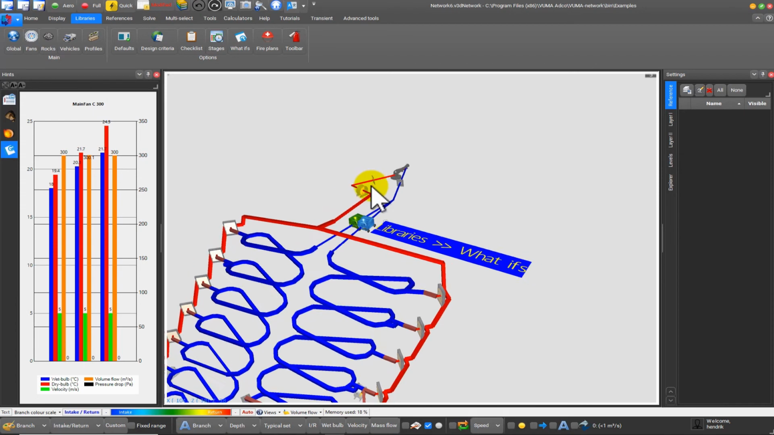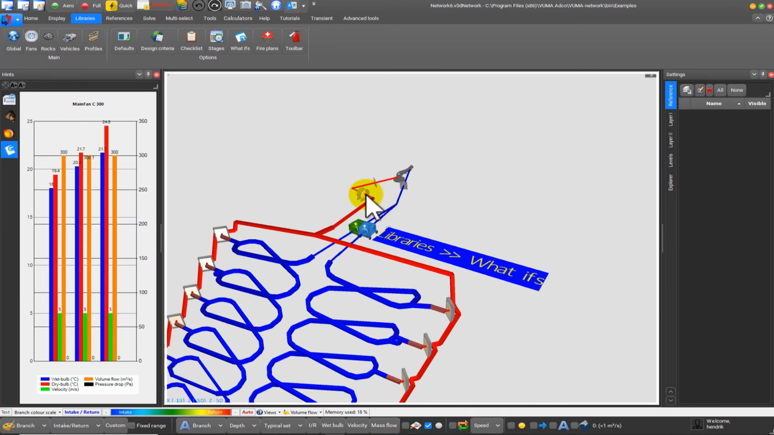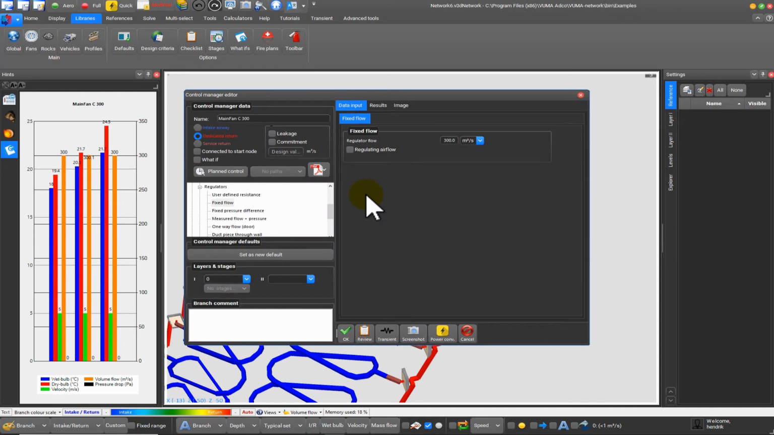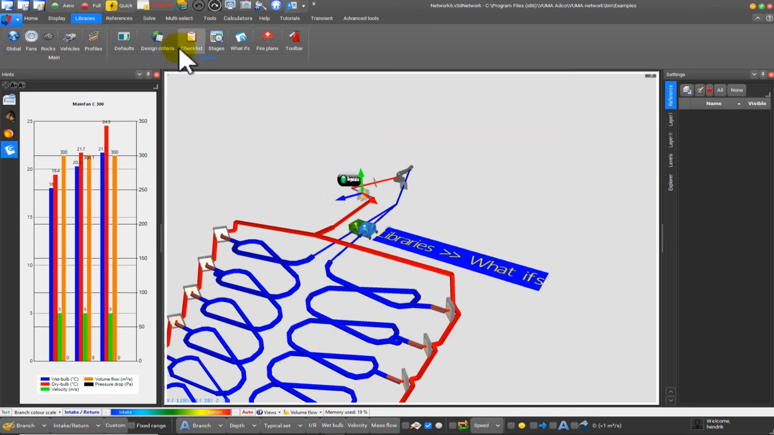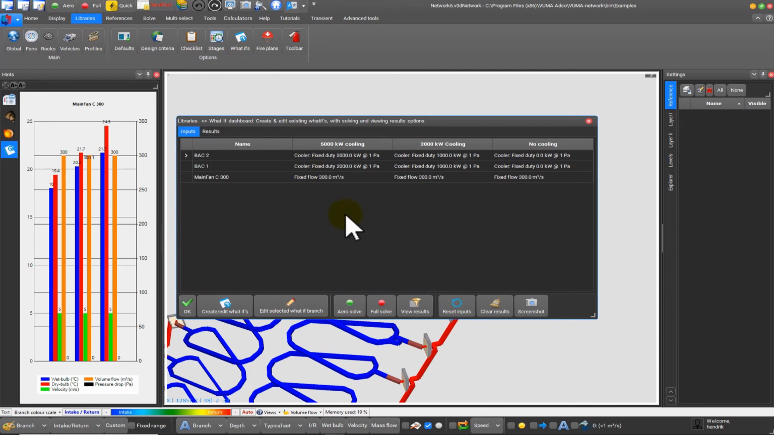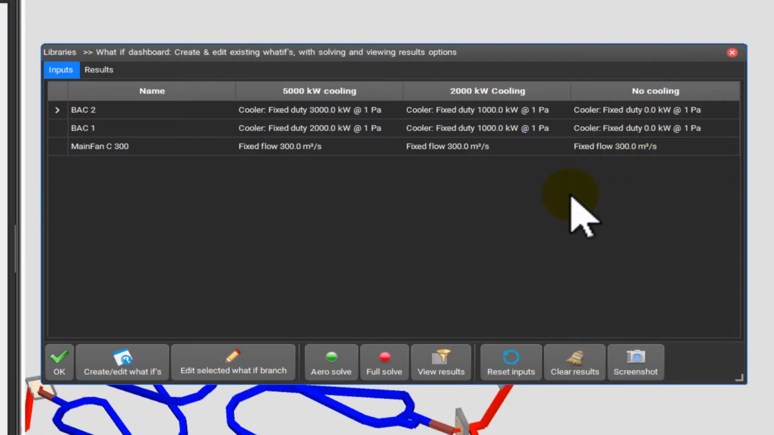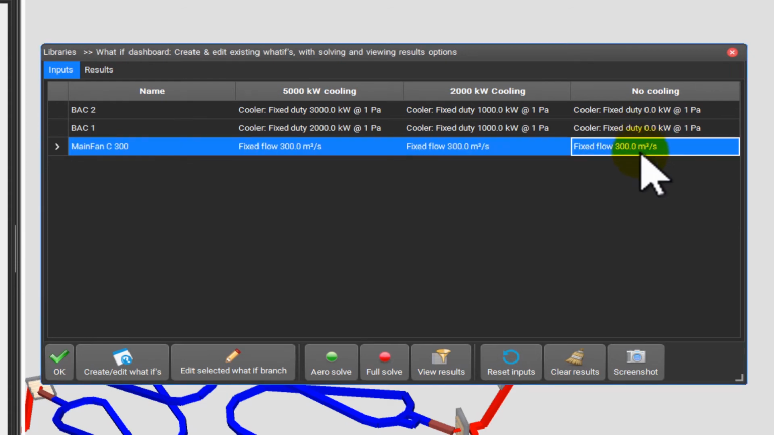If I wanted to add another parameter, maybe this fan over here, I want to, in conjunction with changing the temperatures, also adjust the volume flow. I mark it as a Whatif, so normally it does about 300 cubes. I go back to my library Whatifs over here, and now this fan is added here. So the default value will be the 300. Let's say when we have no cooling, I want to increase this